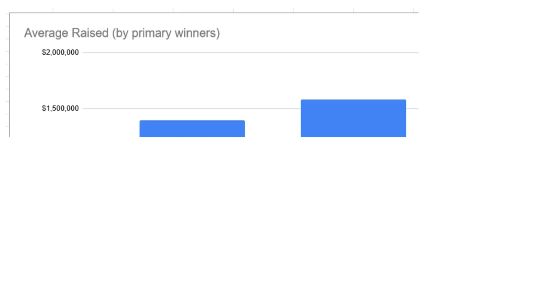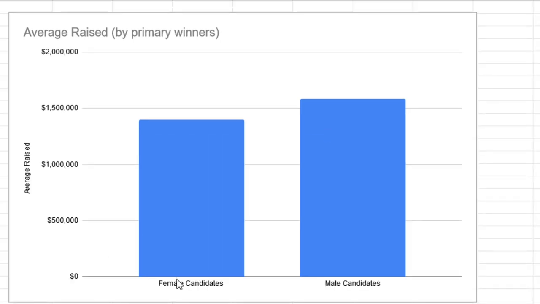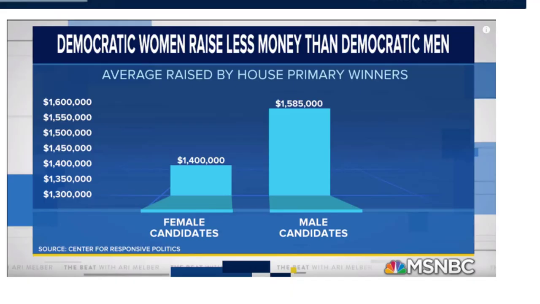Well, that's not fair now, is it? If you're going to make a bar represent $1.4 million, then the whole thing represents $1.4 million. And this whole thing has to represent $1.585 million. And that's the problem. So I guess the question now is, why did they do this? Well, I have a theory. They want that difference to look more extreme than it actually is. They want to really drive home the point that the male candidates are earning, quote unquote, so much more money